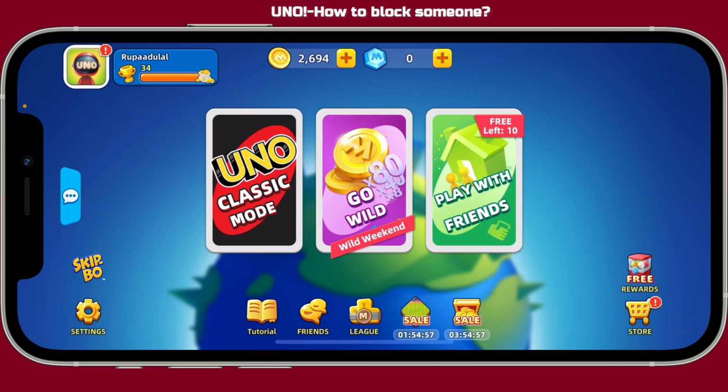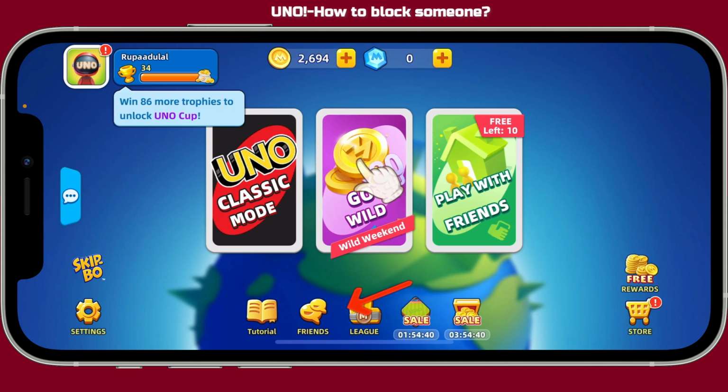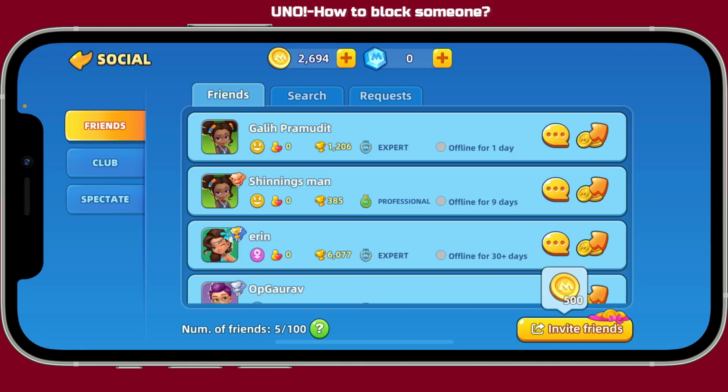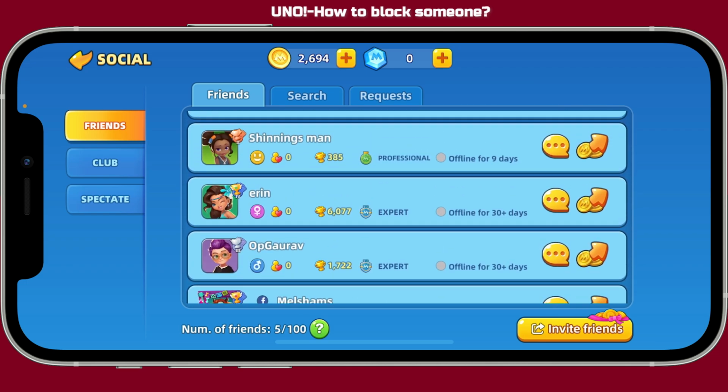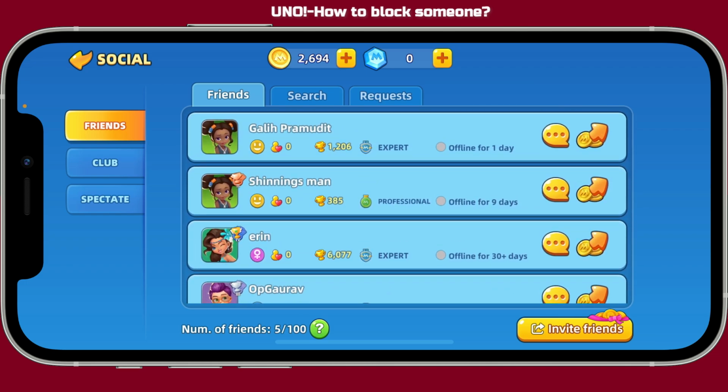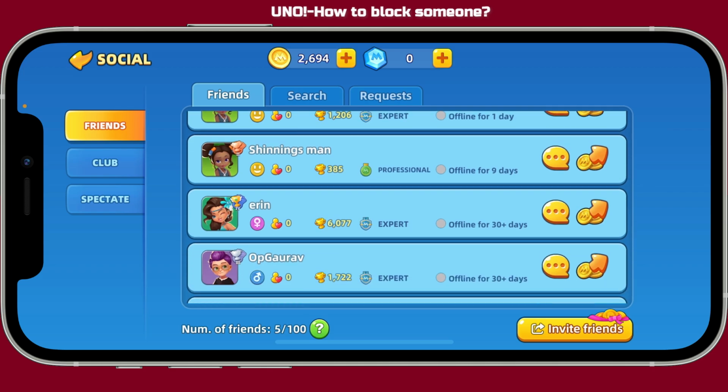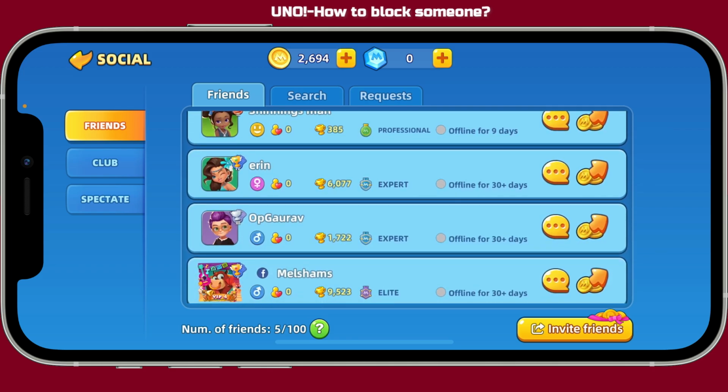First of all, open your Uno application and make sure that you're signed in to your main home page. Now, click on the Friends tab at the bottom of the screen. Inside your Friends tab, go ahead and look for the friend you want to block from the list of your friend option. To block a certain person, go ahead and tap on the message speech bubble icon right next to